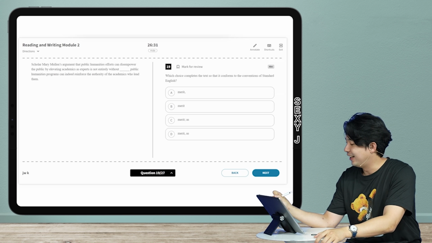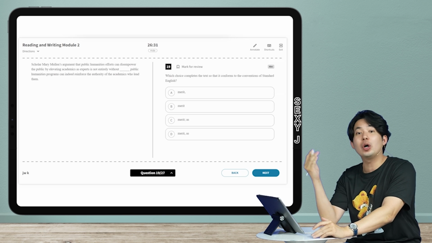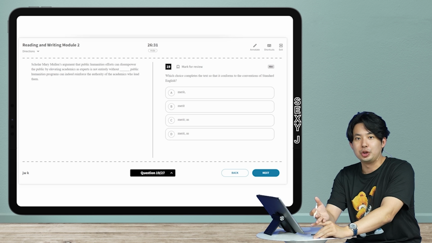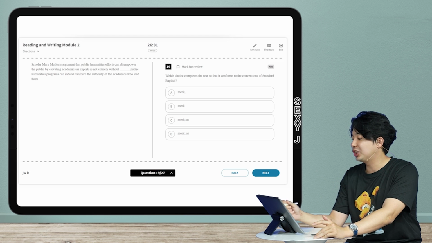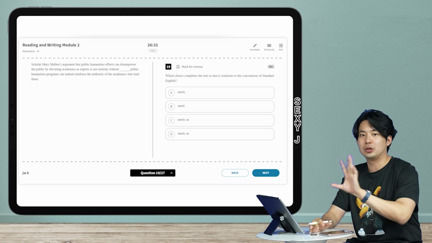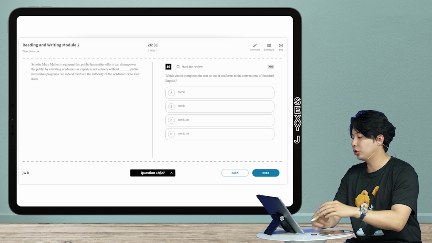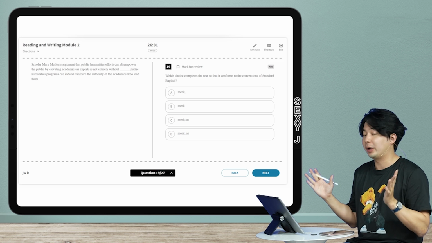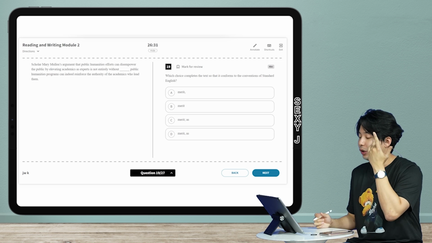Okay. So this is a boundaries question. And I know I've done a boundaries question before, right? But you guys wanted more. So here with this question, this is really easy to solve and it's going to be over quickly. And I also wanted to talk about overall, how do I deal with boundary questions in general? Okay. So first of all,